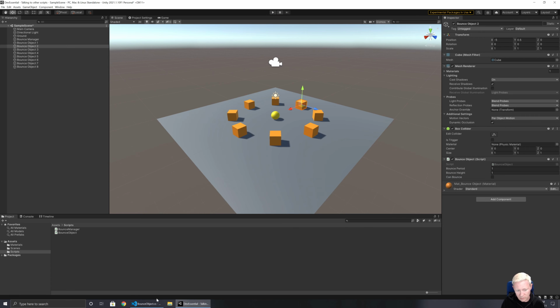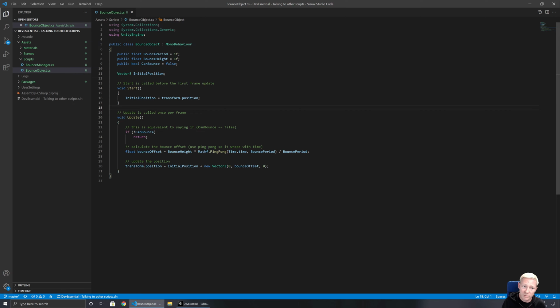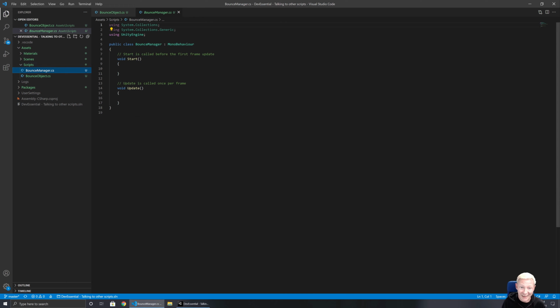So that's cool, but I want to have my bounce manager control that. What I want my bounce manager to do is kick off that bouncing for the objects. I want it to pick an object and make it so that it can bounce. So this is where we get into the different ways of retrieving objects in the scene and having them talk to each other. So method one for doing this